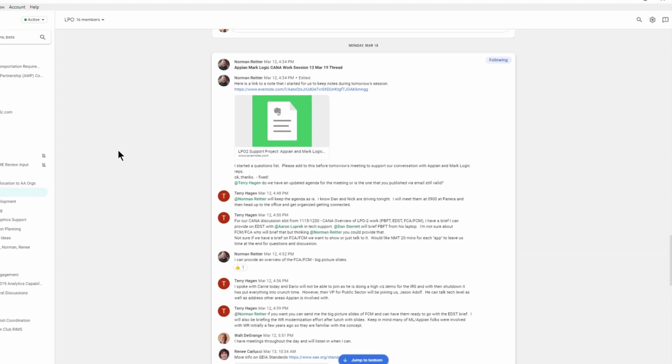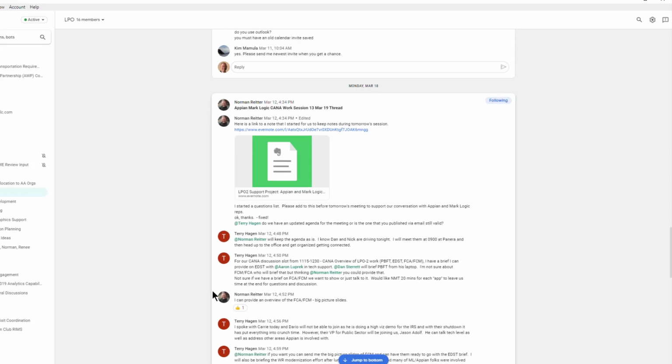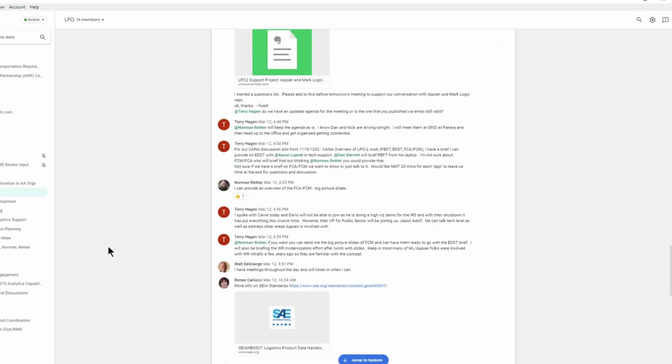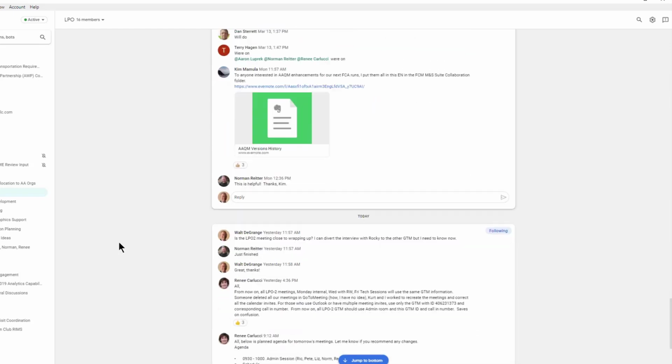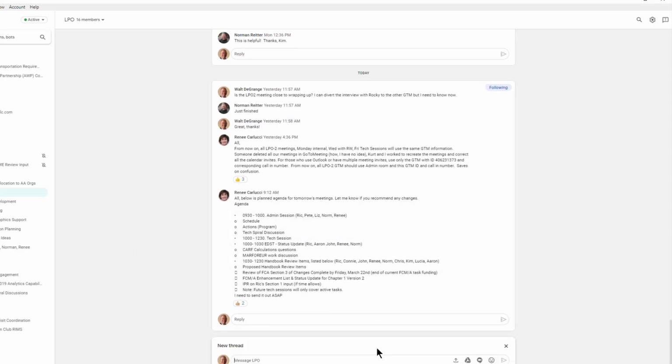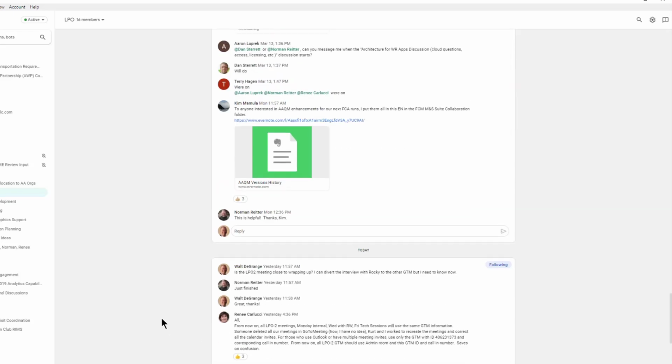However, if you're just trying to find a piece of information, going through a thread to find one thing that has nothing to do with that thread is extremely time consuming. So if you have a new subject, just go down here and hit new thread and start a new one. It's super simple, and that will keep it more organized.